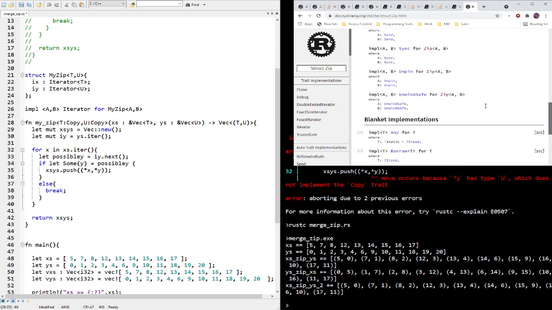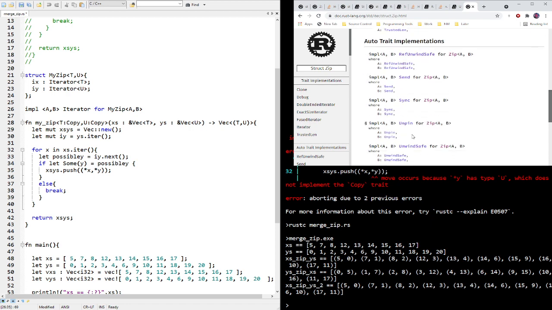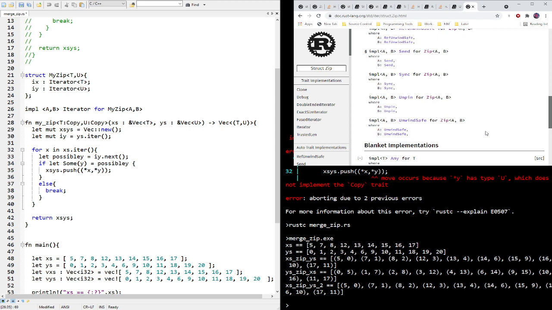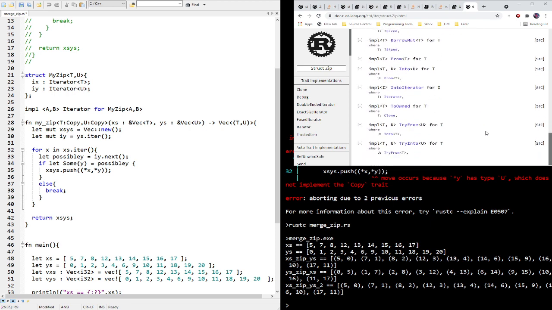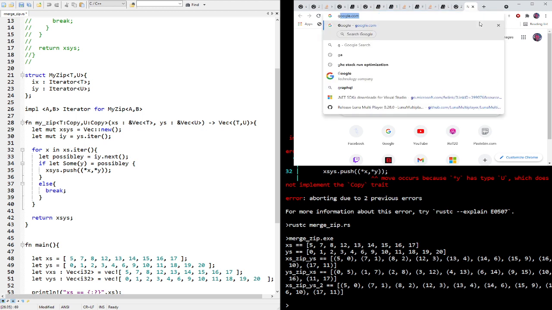Because I'm going to be iterating over these not in lockstep, and all of these will have been implemented in lockstep. Auto trait implementations. Interesting. I'm going to have to look up how those work. I got so much to learn. The whole type system in this thing is going to break my brain. Right. So